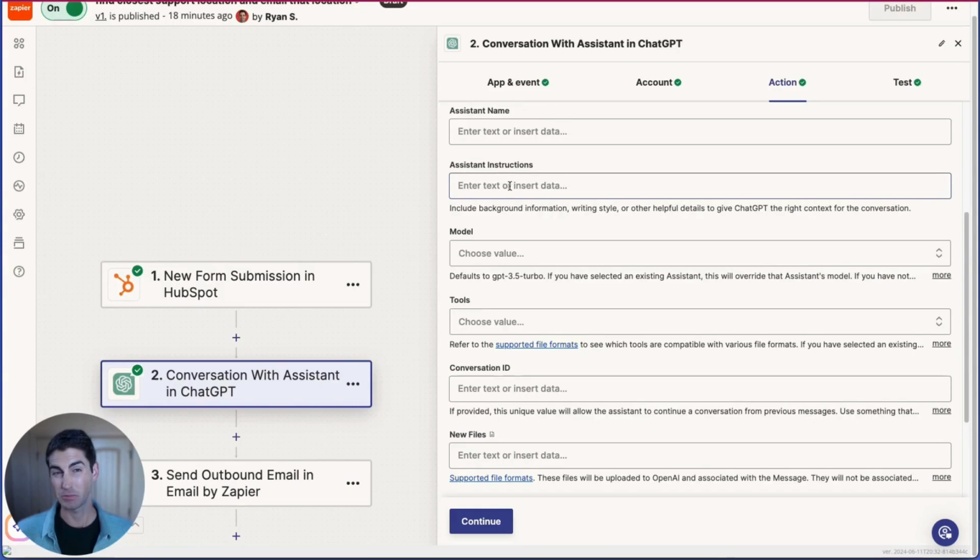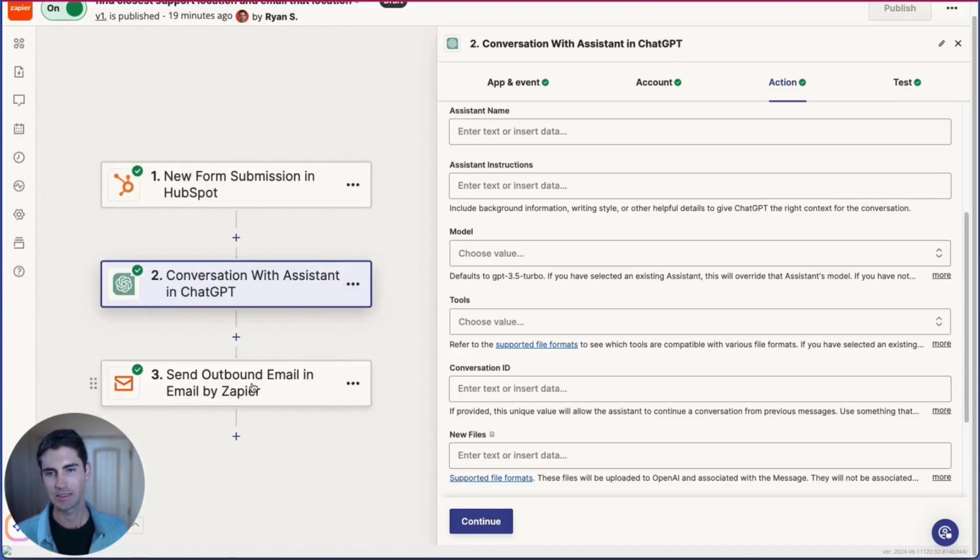We don't really need to populate any of this other information because we've already set that up in the assistant itself. If you wanted to overwrite those settings, you could populate this information here. I just prefer to have everything built out in the assistant itself and not have potentially two places to need to update something. And then go ahead and test it to get an output to use for the last step,